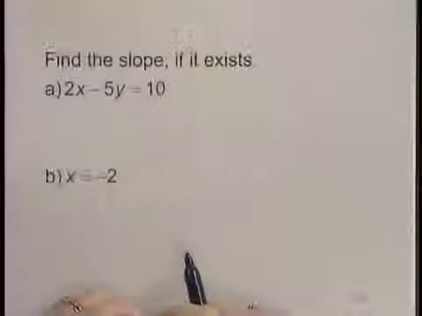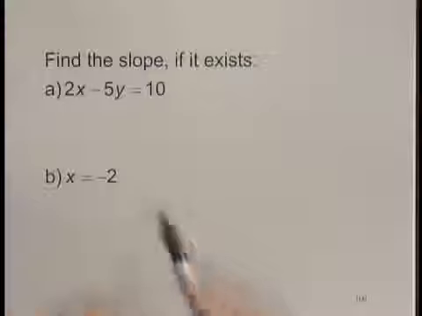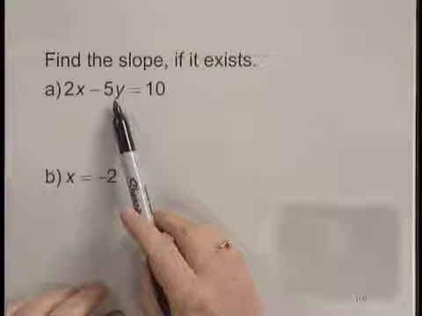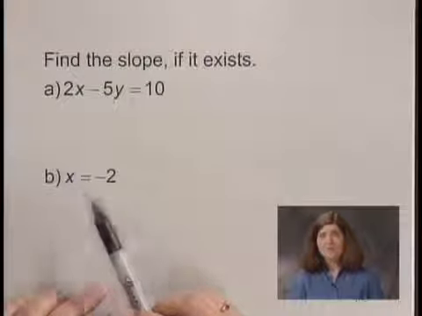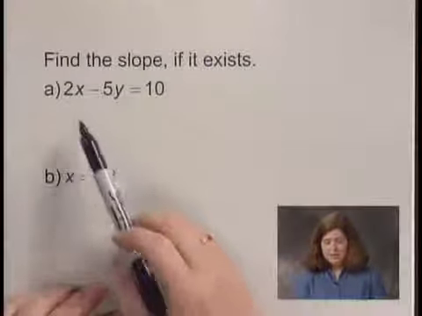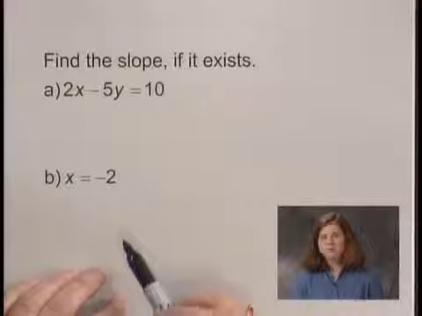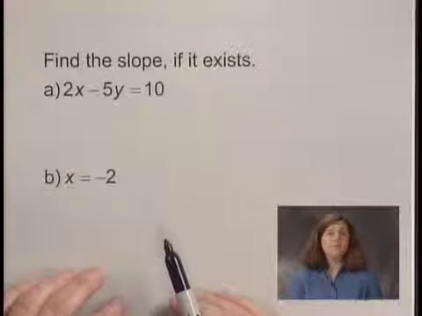In this problem, we'll find the slope of a couple of lines. We'll find the slope, if it exists, of first the line 2x minus 5y equals 10, and then the line x equals negative 2. Let's start with 2x minus 5y equals 10, and we'll solve for y in order to